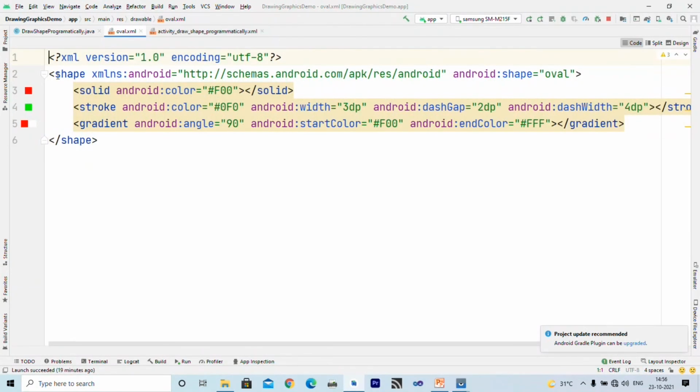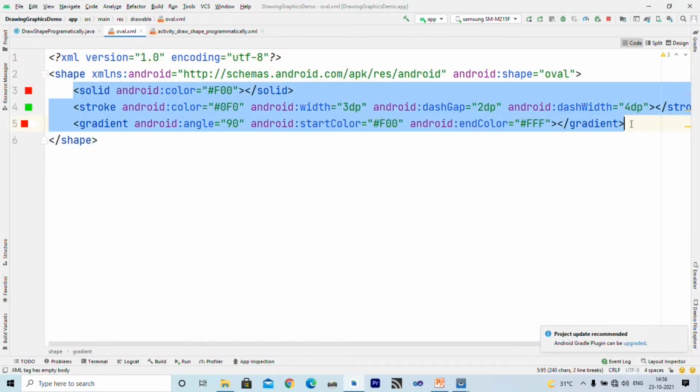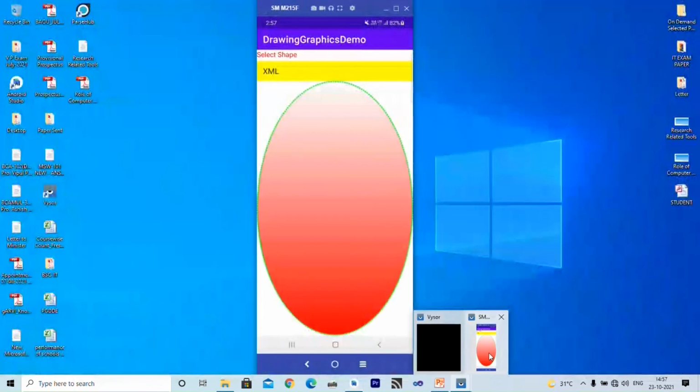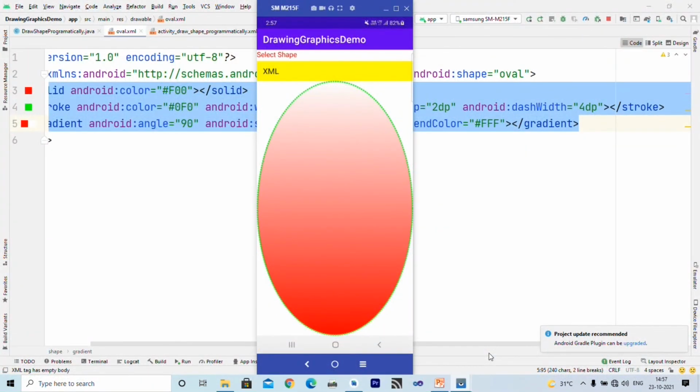So here I have declared one shape, its color as red, you can see here. So its color is red. Then I specify stroke. If you see this, here you can see that the border is dotted. So this border is of green color and it is dotted.